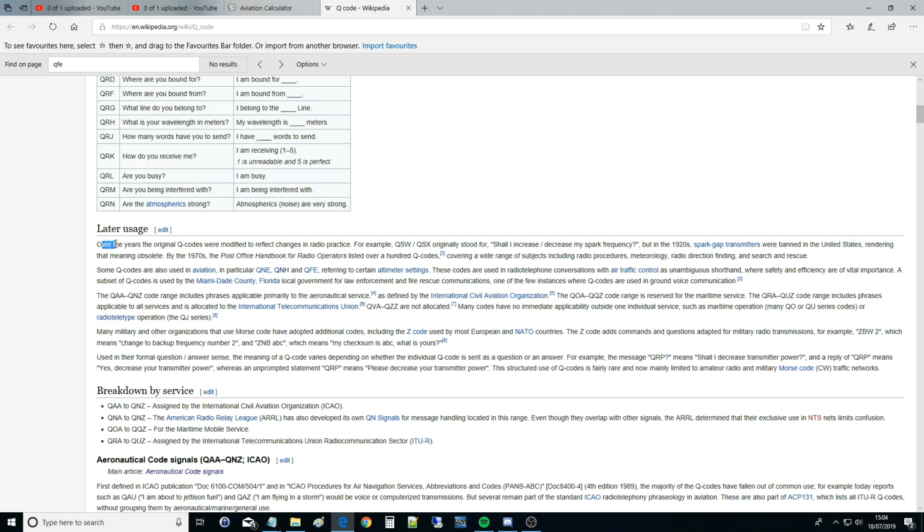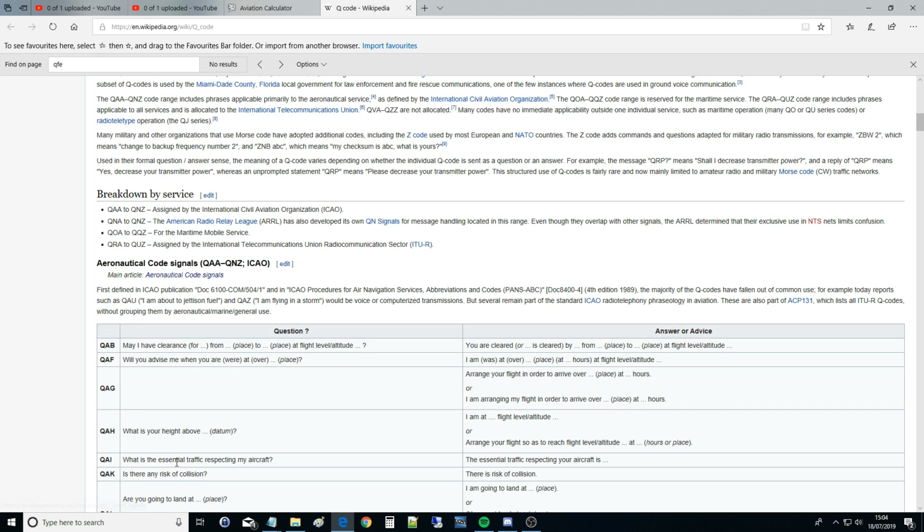through the different services. The important thing I want to pick up at this point, we've got hundreds of different Q codes as it expanded, but we've got them broken down into areas. QAA to QNZ were assigned for the International Civil Aviation Organization. That's what we are. We are aviation. And out of interest, this range here was for the American Radio Relay League. This range here was for the Maritime Mobile Service, and this here, QRA to QUZ, assigned by the International Telecommunications Union Radio Communication Sector,